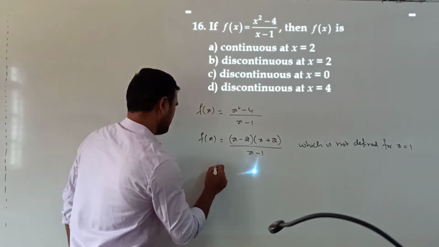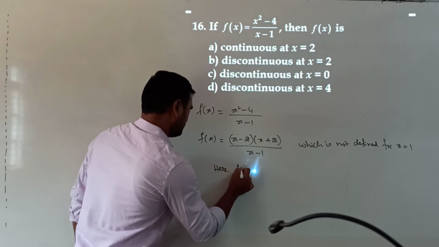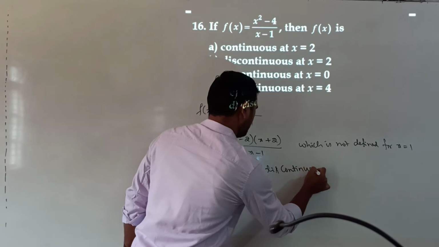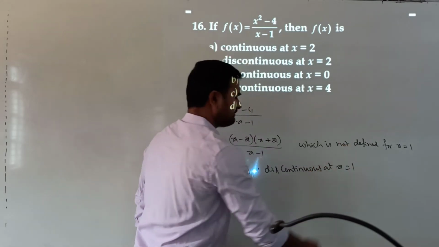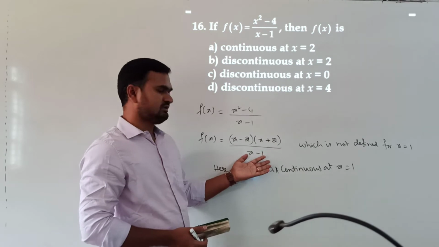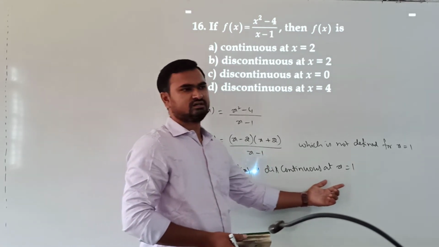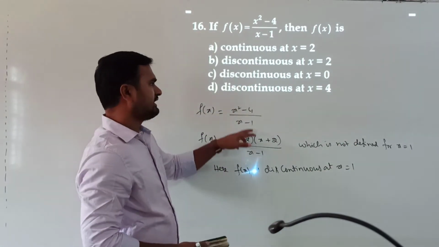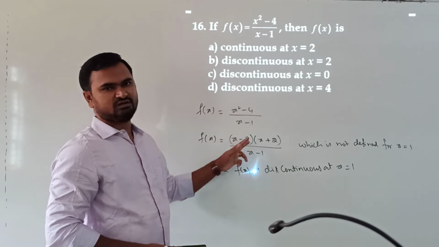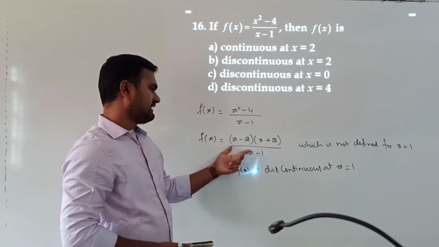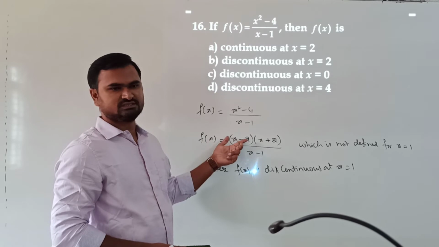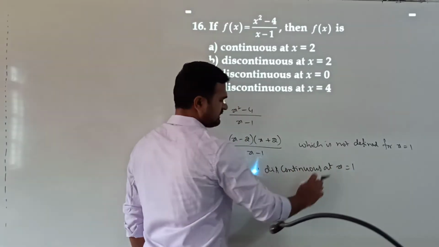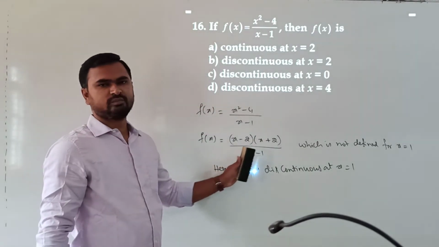That we can say. So here f of x is discontinuous at x equal to 1. So when x is 1, the function is not defined, so we can say the function is not continuous at this point. Now except x equal to 1, any other point we take, is the function defined or not? The function is always defined, and it is a rational function, which means the function is always continuous wherever the function is defined. So except x equal to 1, at all remaining points the function will be continuous.